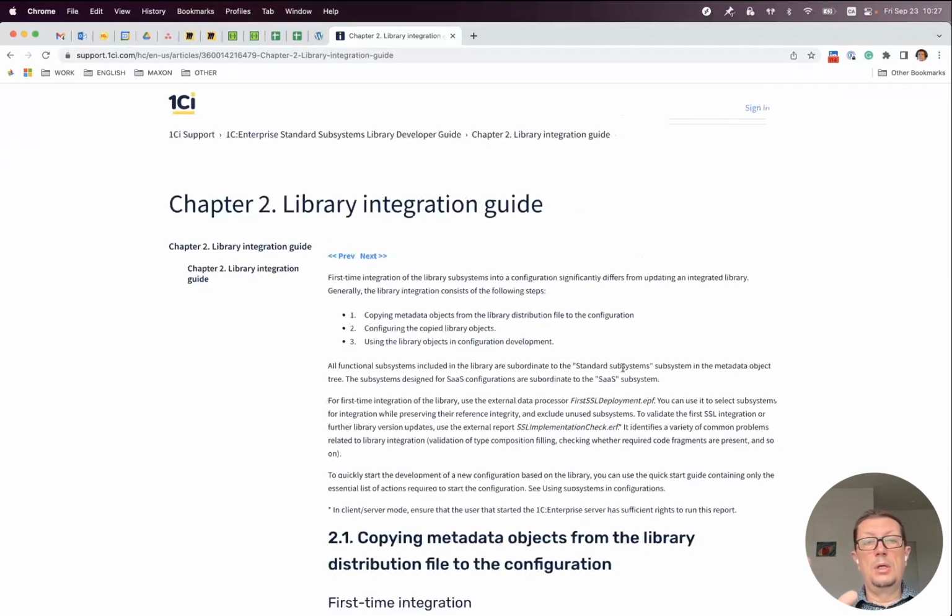Now to the integration guide. So how do you take the subsystem library and embed it into your application? It can be quite a complex task. So let's spend a little more time here. There are two kinds of issues that you can encounter when you try to merge a subsystem library into your application. The first issue is that subsystems inside of the library are often interdependent. So one subsystem can depend on other subsystems. It's kind of a network of interdependencies that you need to take into account.